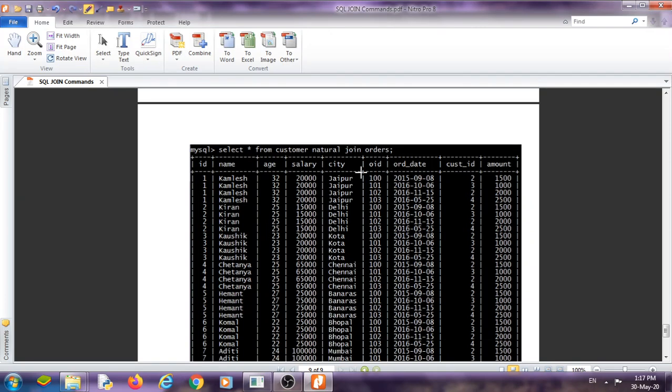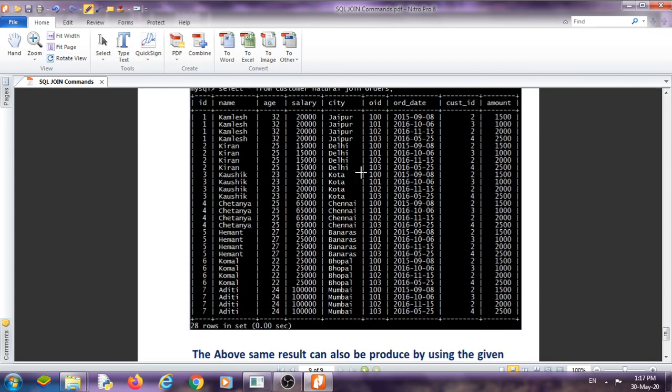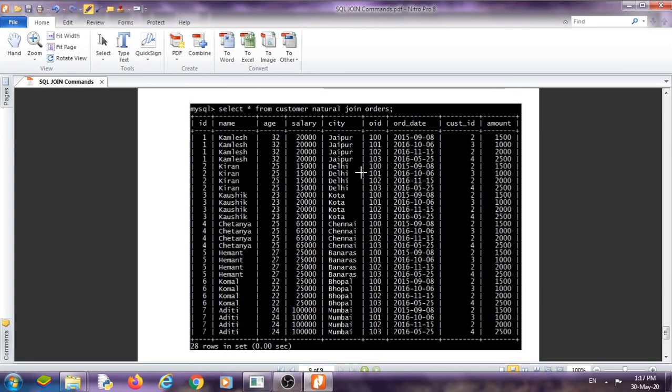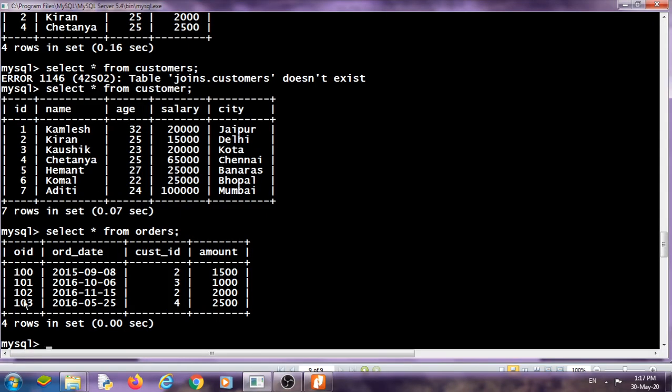So it will display all records from the first table and all records from the second table, and then it will provide the Cartesian product. That means 7 records from the first table and 4 records from the second table. Every record from the first table will be repeated 4 times, so there will be a total of 28 records.